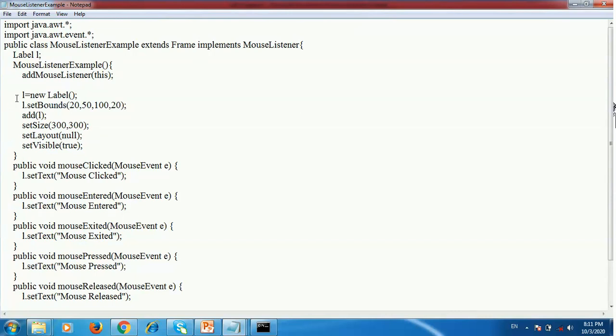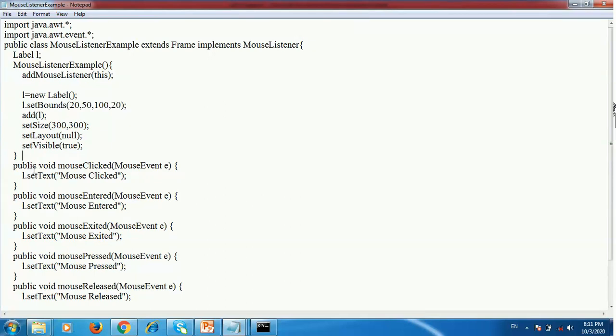After that we create a label L is equal to new Label, and using the setBounds method set the position of the label. After that add this label into the frame window. Then the setSize and setLayout methods are used to set the size of the frame window and set the layout of the frame window. The setVisible method is used to make the frame window visible.